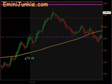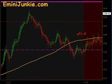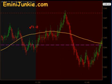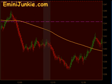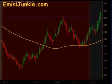And then we were all the way back up at our previous day's close before finally, just before the lunchtime dead zone, getting one more signal, and that one ended up being a T1-2 as the market pretty much had a little bit of a pullback during the lunchtime dead zone, but ended up near its highs for the day. During this pullback, it actually hit a key level. It came down and we had a nice swing, and the moving averages on our 5-minute chart did cross to the upside,